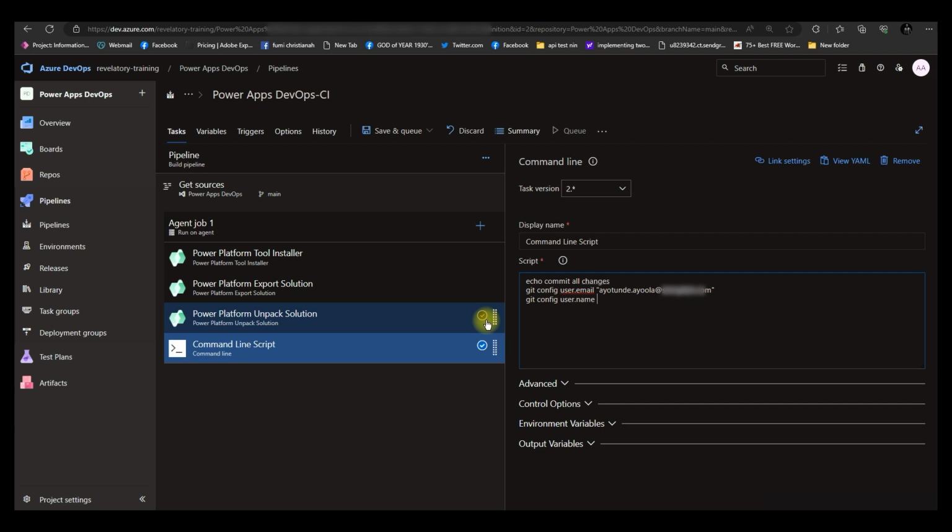All right, I'll say automatic build. And then let's do git checkout. So git checkout branch, then I'll put main. So that's my branch, git checkout main, and then git add. So this is where it adds the project file. So git add all. All right, and then git commit